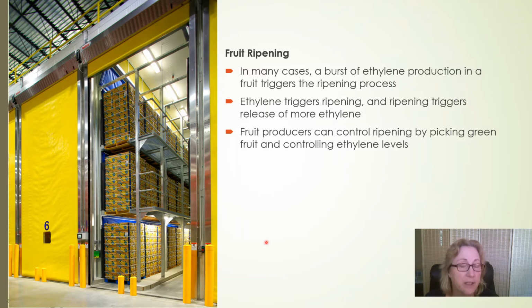Now, too much ethylene, eventually they're going to get mealy and overripe. But back in the olden days, before they understood this process, fruits like apples were very seasonal. You could only get apples in the grocery store for a few months of the year, maybe up through December, and then that was it. It would be September, October, November, December, and then there were no more apples in the grocery store until